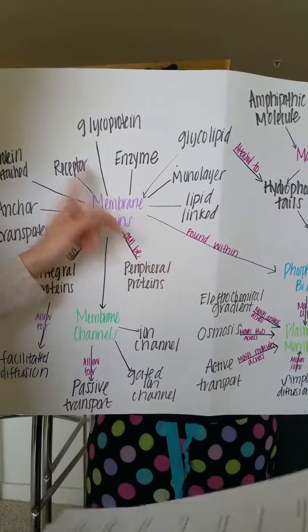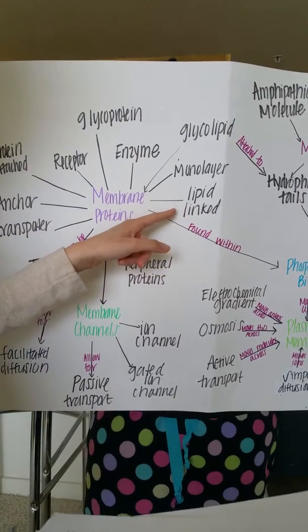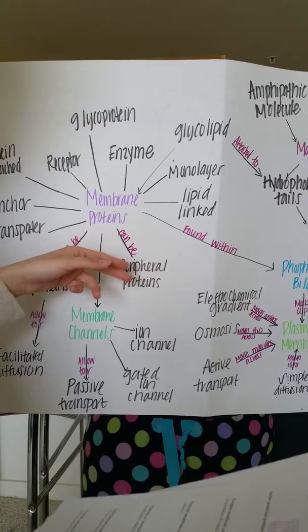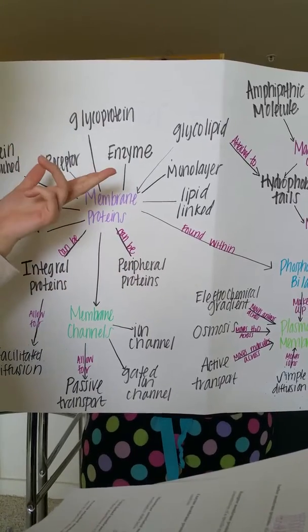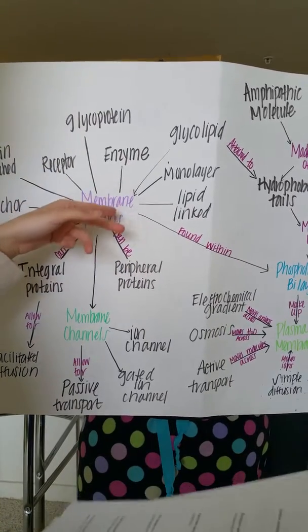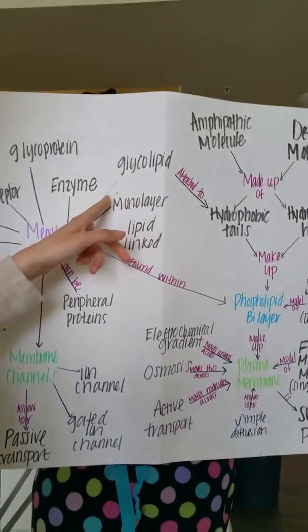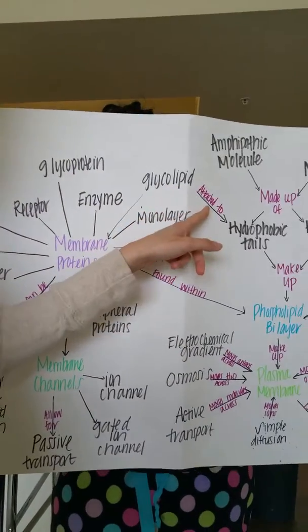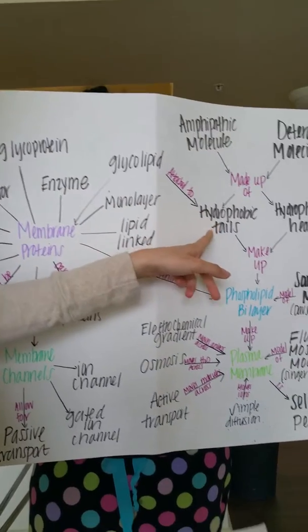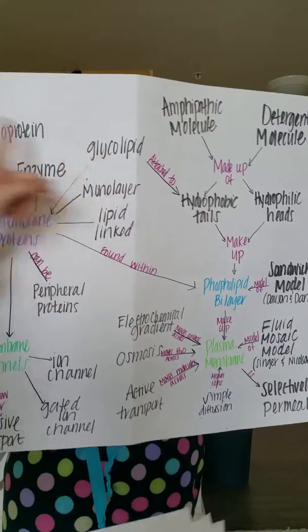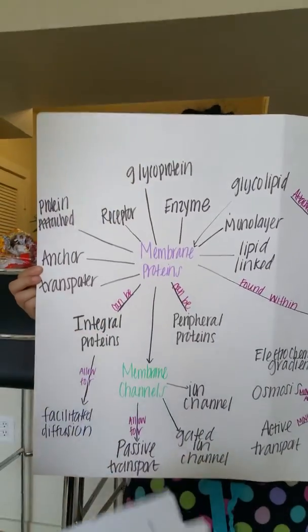And then we also have lipid-linked proteins, which attach proteins to the bilayer with a covalent bond. We also have glycolipids, which are attached to the bilayer. They're attached to the hydrophilic head region of the bilayer. We also have glycoproteins,